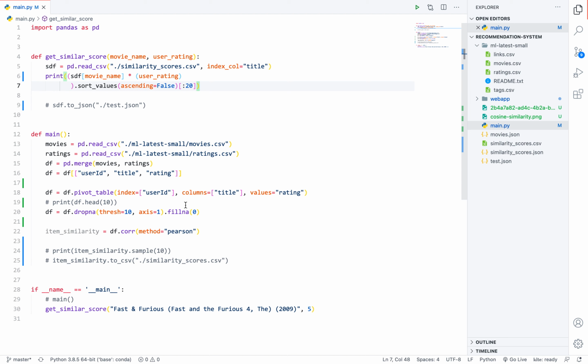In general, or in a practical way, to build a very good recommendation system, we need to integrate multiple recommendation systems. For example, we will integrate item to item collaborative filtering, then user to item, then content based. So in this video we just explored item to item collaborative filtering.